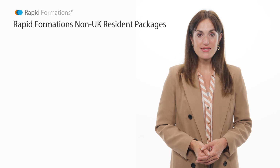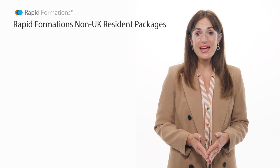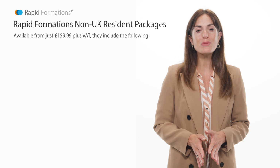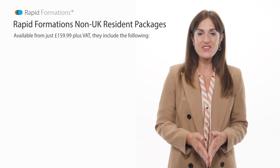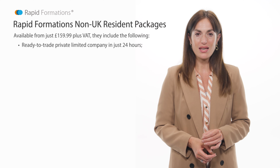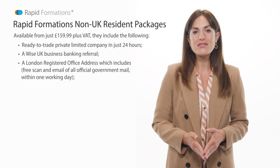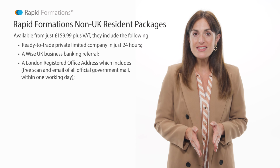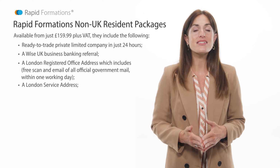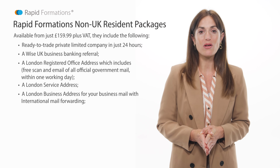At Rapid Formations, our non-residence packages have been designed to make the process of setting up a UK company as easy as possible for our non-UK resident clients. Available from just $159.99 plus VAT, they include the following: ready-to-trade private limited company in just 24 hours, a Wise UK business banking referral, a London registered office address which includes free scan and email of all official government mail within 1 working day, a London service address, a London business address for your business mail with international mail forwarding,